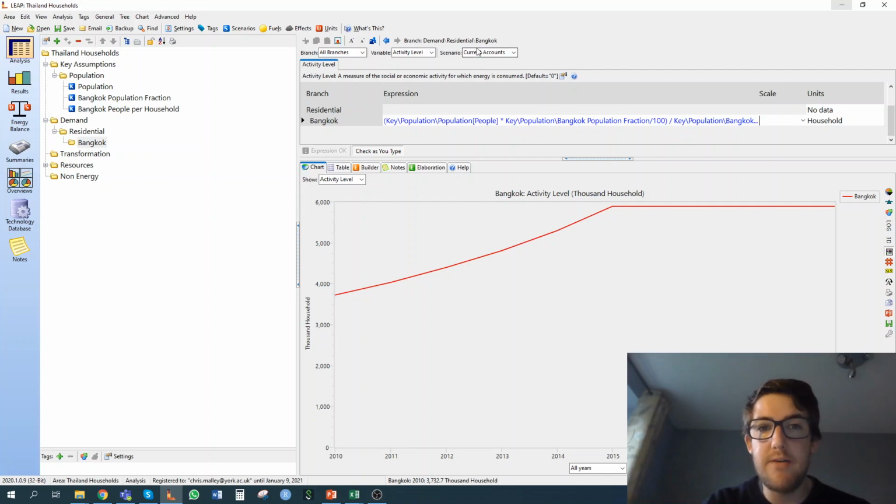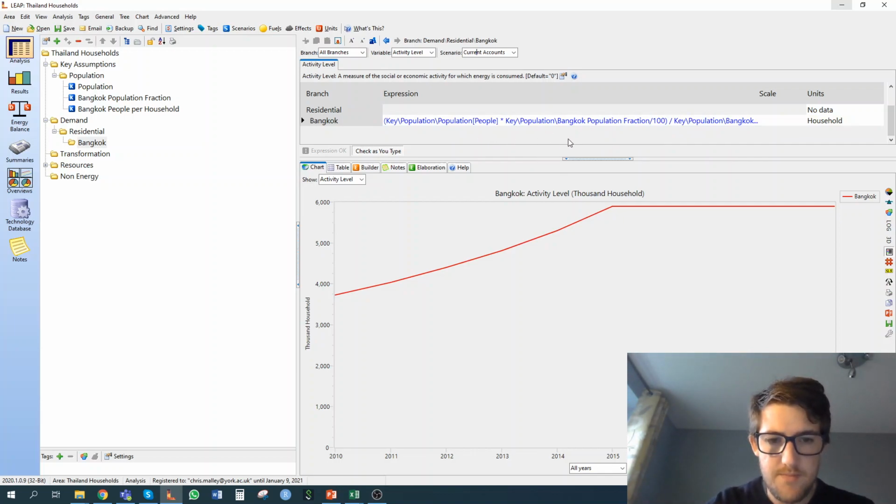And this then becomes very useful if we are going to create future scenarios. So we can then say how the population is going to increase, how many people are going to move to Bangkok, etc. And then the number of households will be calculated for us. We don't need to do that outside of LEAP, if that makes sense. So this really helps us when we're creating our projections. Okay, so that's how we create our